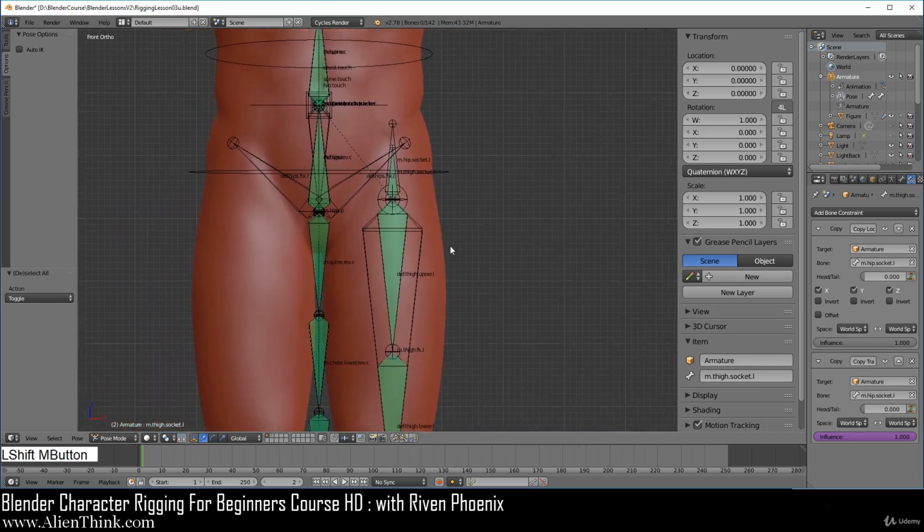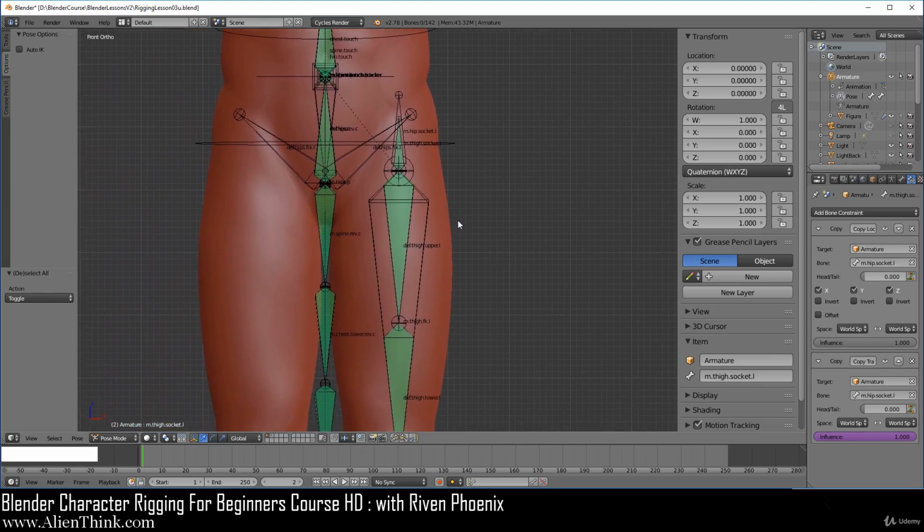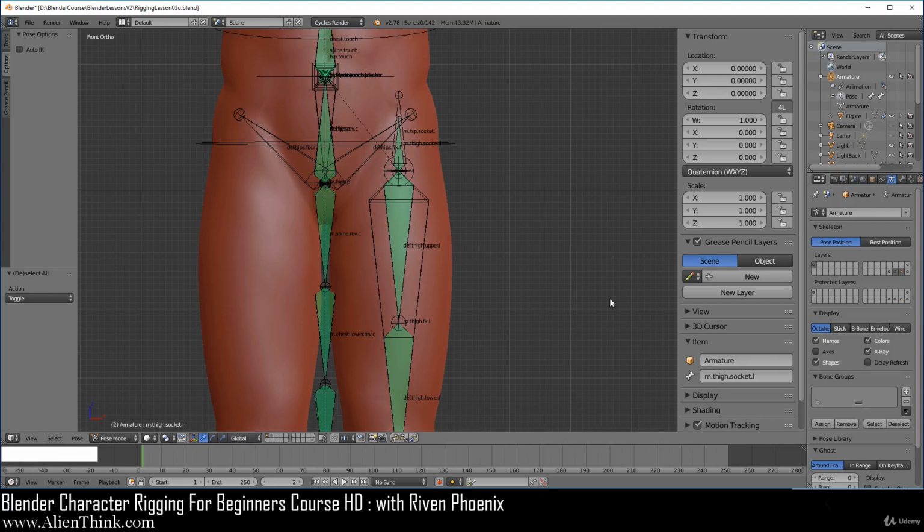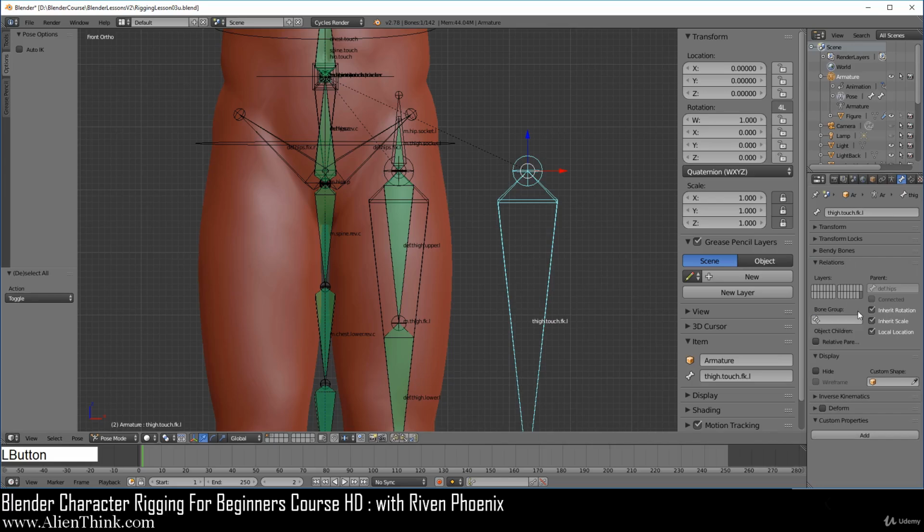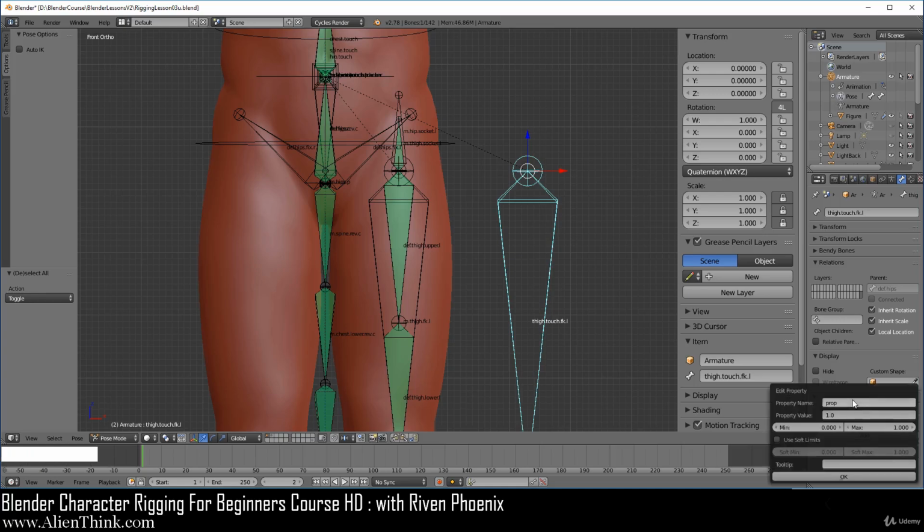So what we're going to do now is bring the touch bones into play. So let's go ahead and go to the data tab over here. Now press the Shift key down and go ahead and turn on this layer, which should have our thigh.touch.fk. Okay. Now what we want to do here is actually add a property. So let's go ahead and go to the bone tab, click on add, click on edit, and here we're just going to call this